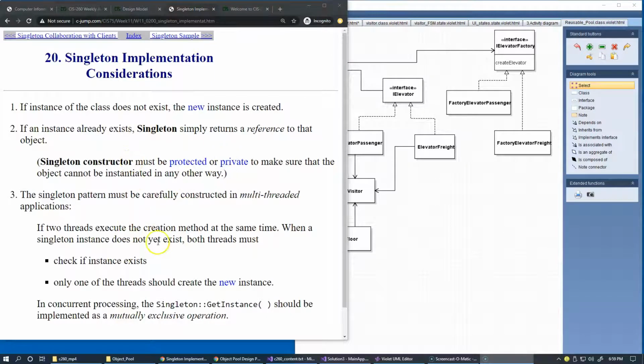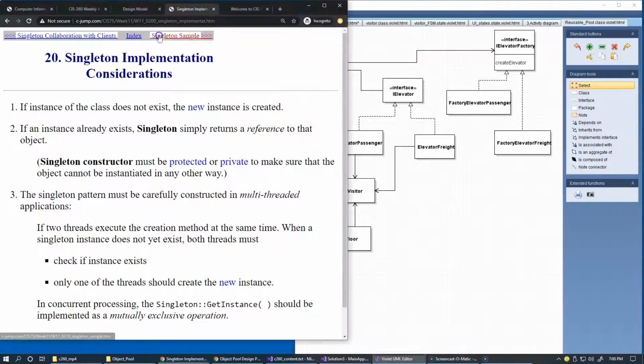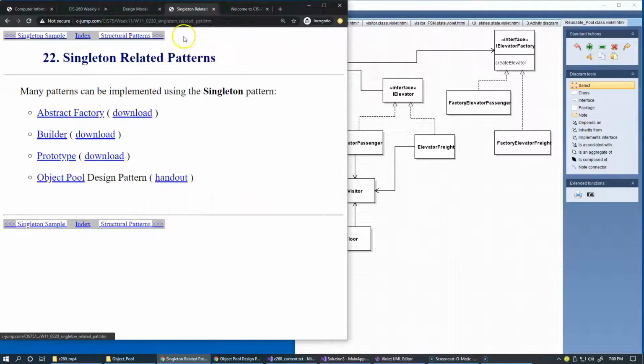So we just discussed the summary of ideas regarding a singleton design pattern, and we found out that it may be beneficial to have an elevator bank implemented as a singleton in our building elevator simulation program. So the next idea after singleton is that we may also discover that we may want